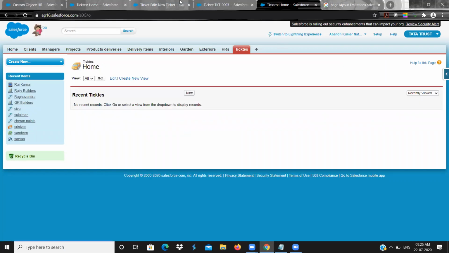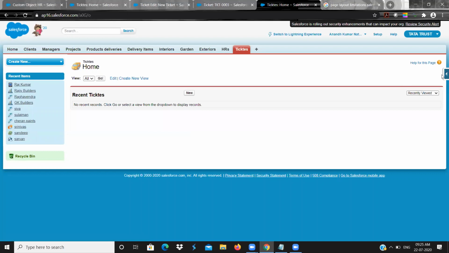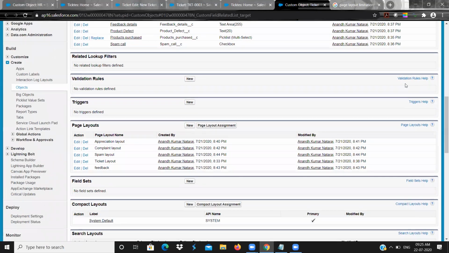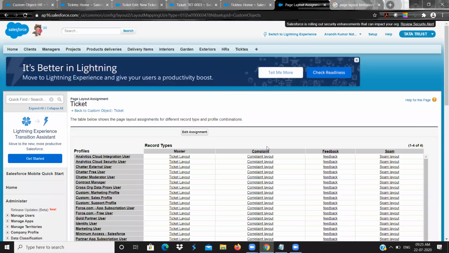So ideally what happens is, if you go to the backend and click on the page layout assignment, you can see three sections, right? Earlier we had only one section.